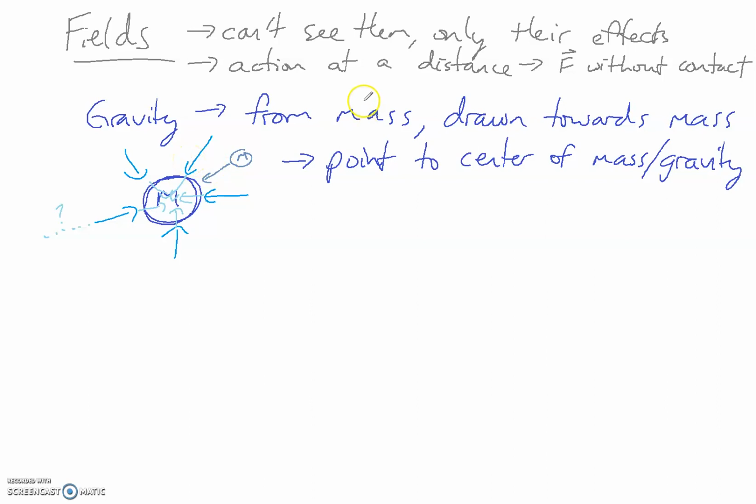If gravity is coming from a mass, it makes more sense for the gravity to actually come from the mass, not come from outside the mass and go towards it. We draw these arrows going in, okay, we draw them towards the mass based on what they actually do to other masses. But the gravitational field doesn't actually go in. The gravitational field actually goes out.